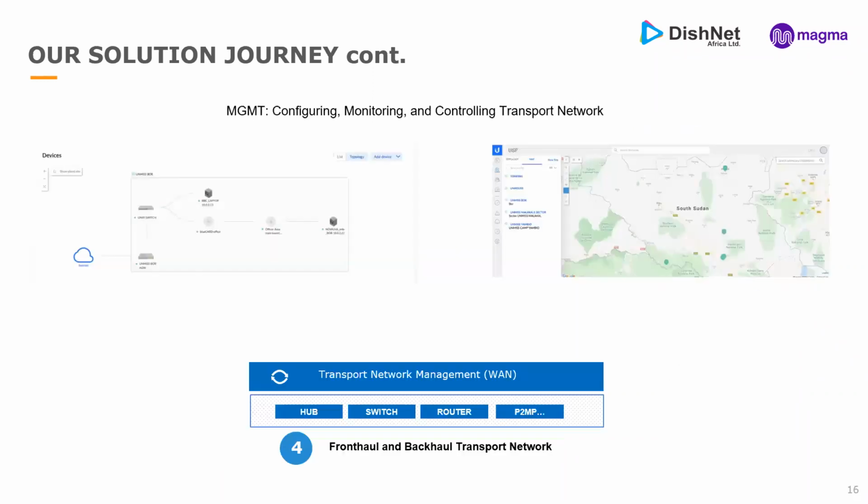Next slide, please. This is a sample of one of the domain tools we are using to monitor and visualize how the site looks. Internet goes to the Magma access gateway, then the access gateway goes to the switch.